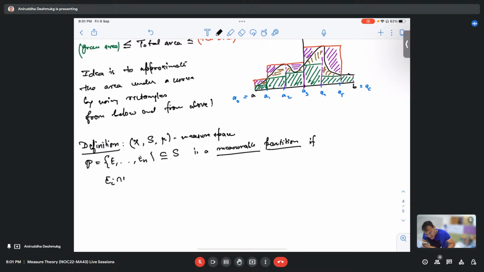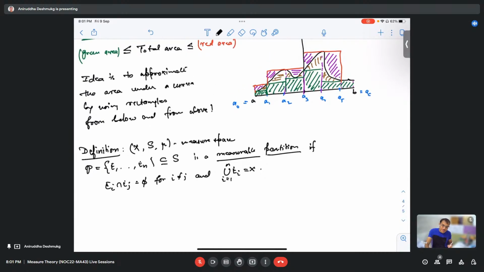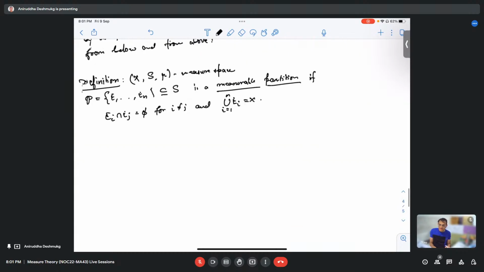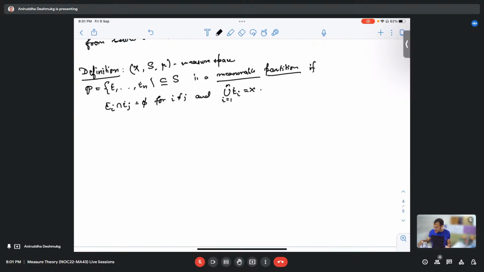Ei intersection Ej is empty for i not equal to j, and the union of the Ei's is all of X. So we are trying to mimic this idea exactly as it is. Here we partitioned the interval into smaller subintervals. Now we want to partition all of the measure space into smaller measurable sets. Now, given a non-negative function,